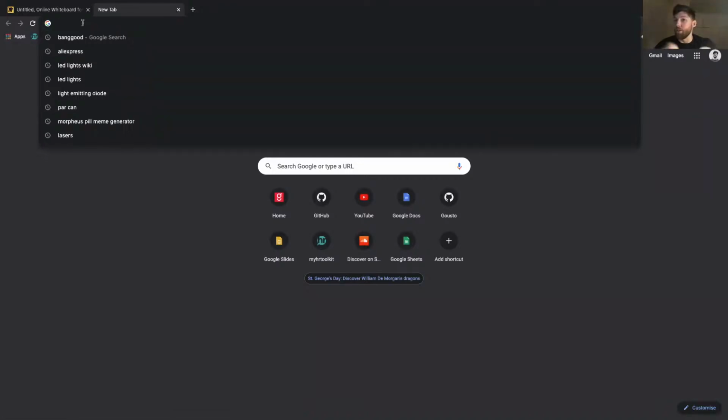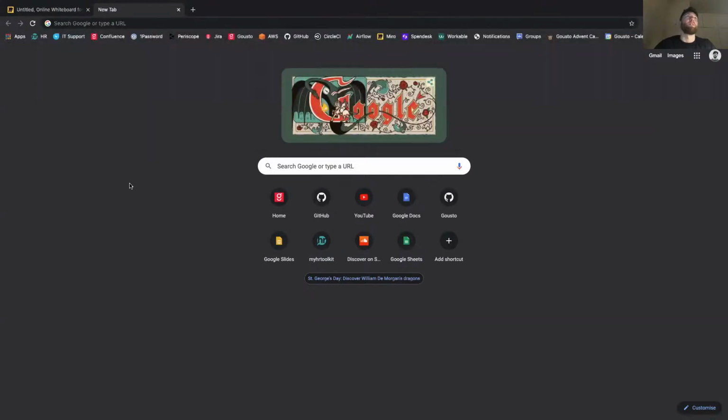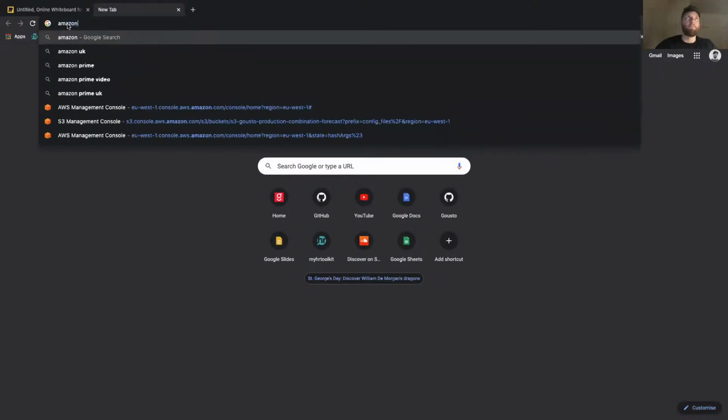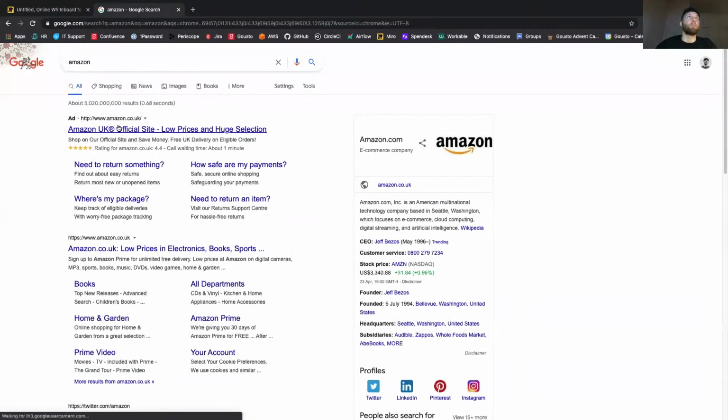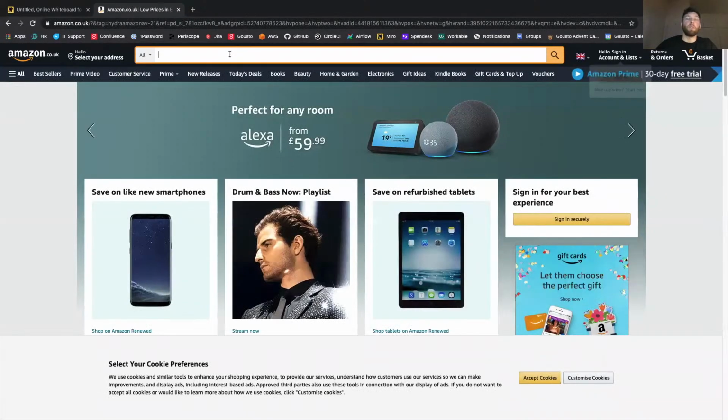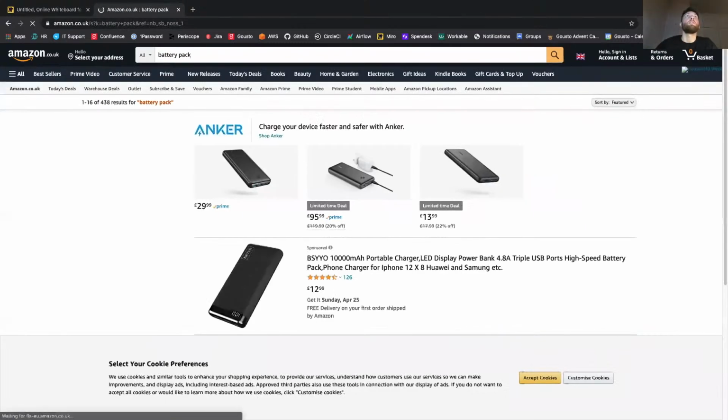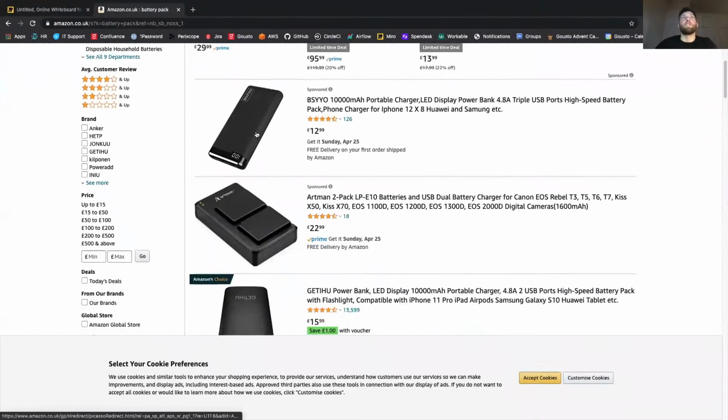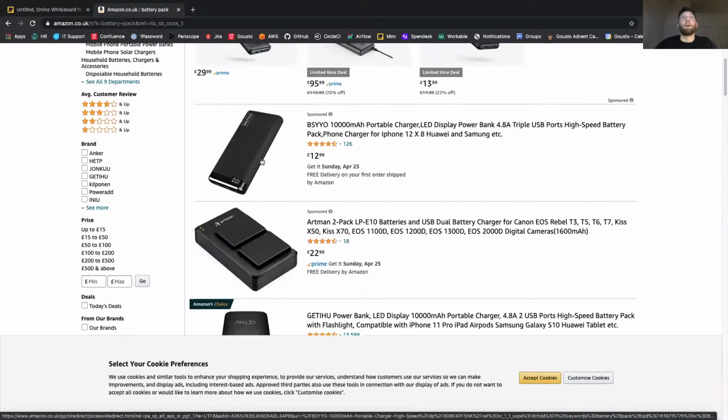They already run on 5 volts. They output 5 volts. They work nicely with existing form factors, like the micro USB cable. And they're getting pretty beefy these days. So they have some pretty reasonable capacity. So let's just have a quick look at what those might look like. Yeah, so this is your standard battery pack,